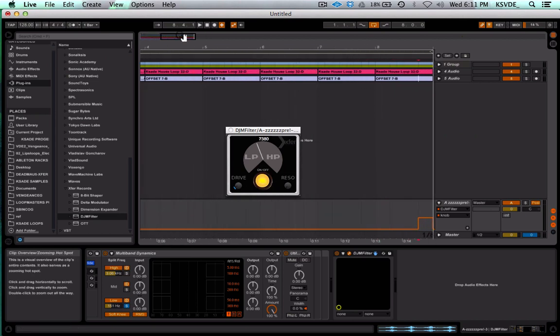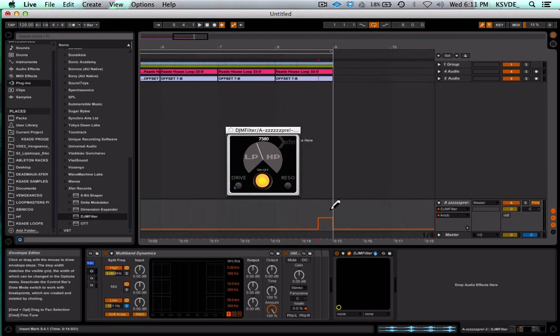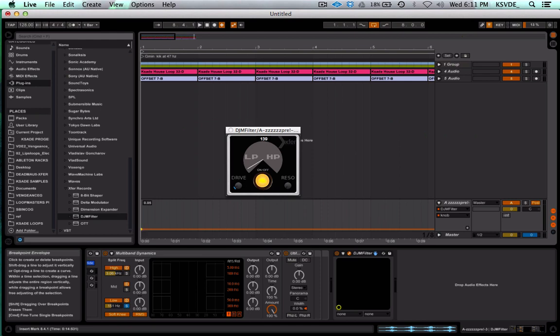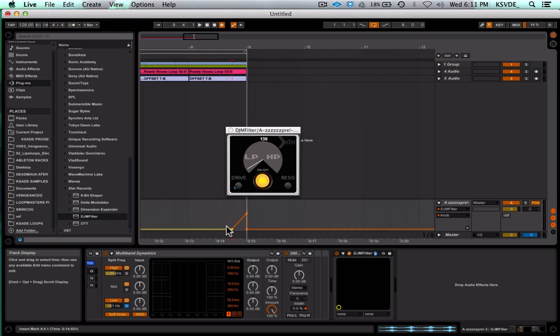And if I zoom in, I probably want 1 point there. So perfect. So now what I'll do is I'll take away all these points, make sure there's a point at the very beginning. I'll drag it all the way to the left. And now if I turn this off,